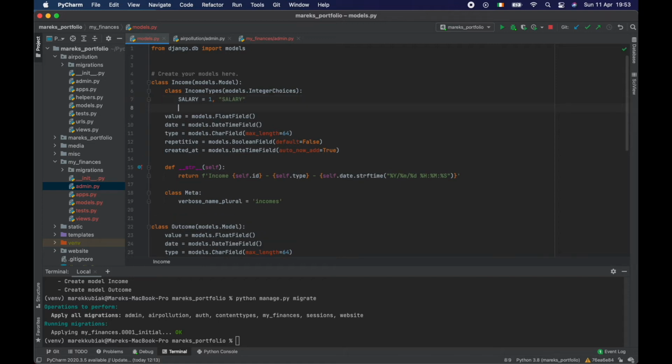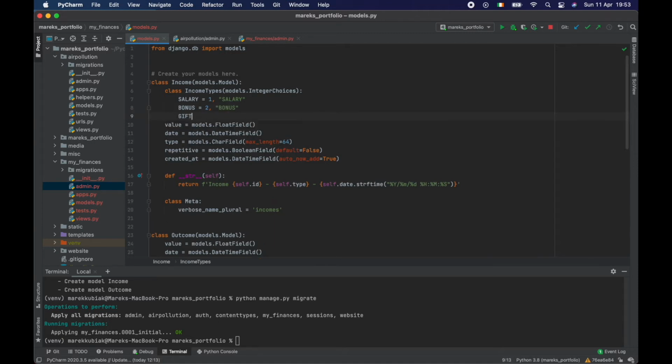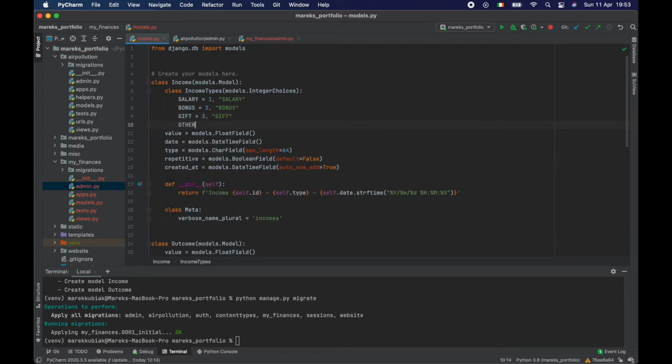And then we have bonus, and that's going to be number 2. And that representation will be bonus. Gift is number 3. Gift, and maybe other. Number 4,